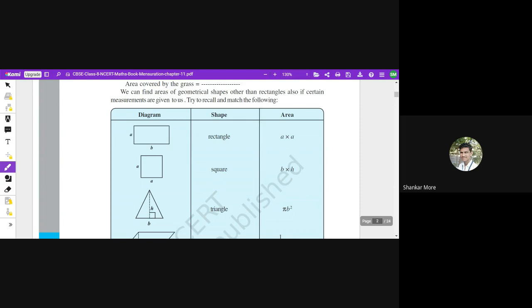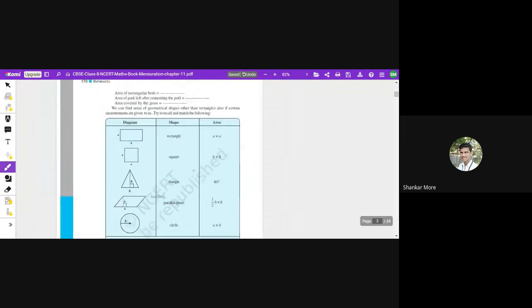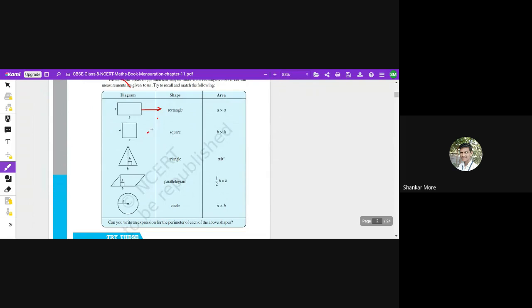Try to recall and match the following। Okay, हमें मैच करना है, ठीक है? तो सबसे पहला जो है वो रेक्टेंगल है, बराबर? ये पहला रेक्टेंगल ही है। ओके, एंड इसका जो एरिया रहेगा दैट इज गोइंग टू बी, टेल मी व्हाट वुड बी द एरिया ऑफ रेक्टेंगुलर, दिस पर्टिकुलर रेक्टेंगुलर। ठीक है, यहाँ पे। ओके, सो दिस इज गोइंग टू बी A into B, exactly।